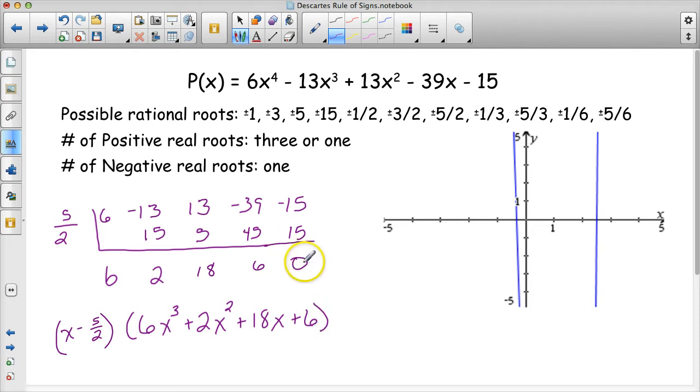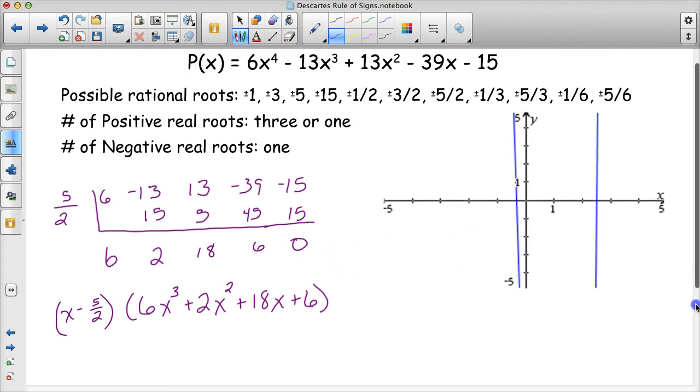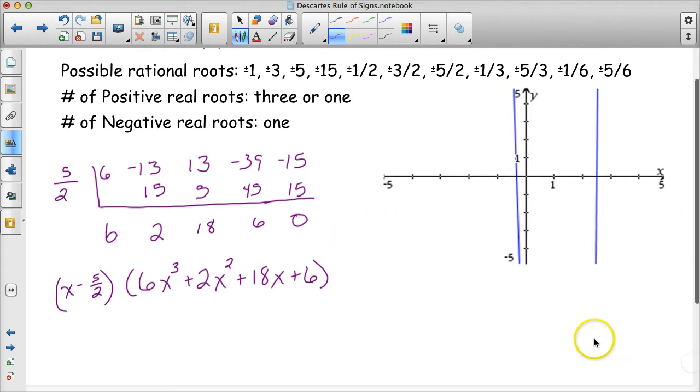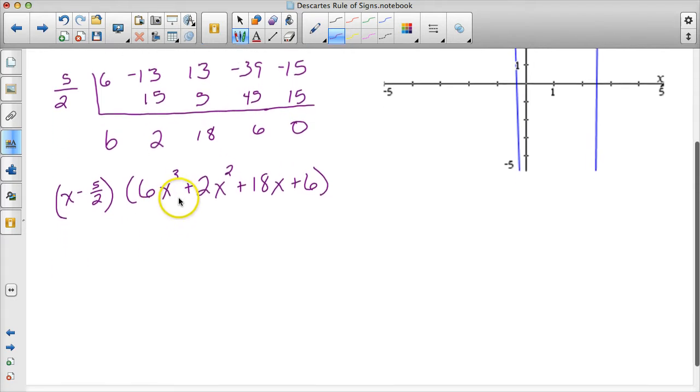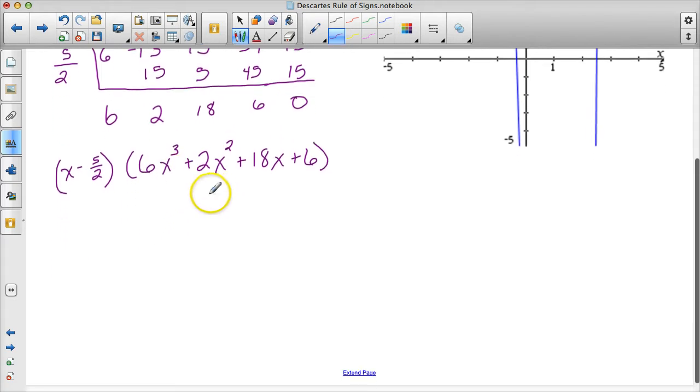And if you don't remember how to use synthetic division to find these factors, you need to go back and relook at that video. Let's keep moving on. If I looked at this, I have now two factors. I have one factor that's a cubic, and it has 4 terms, and I have one factor that's linear. My linear factor I don't really have to do anything else with, but that cubic factor I need to factor